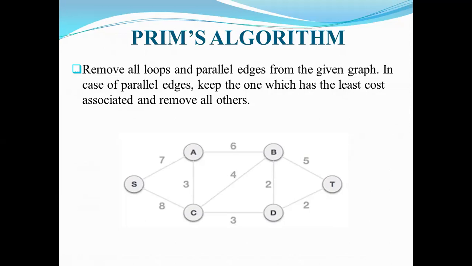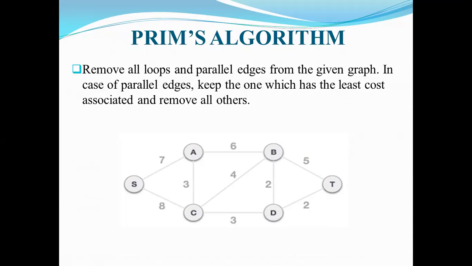From the existing vertex, immediately include S into the spanning tree. So from the included vertices in the spanning tree, identify which edges are possible, which edges are there in the graph. Out of those possible edges in the graph, select the minimum cost edge. Now from S, how many edges are there? S to A edge is there in the graph, S to C edge is there in the graph.